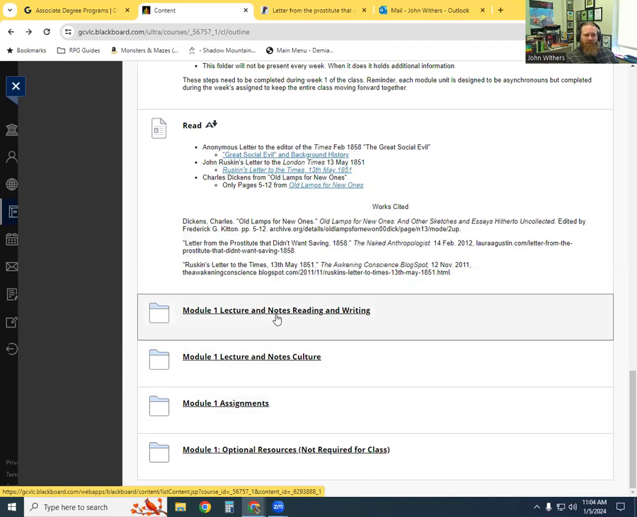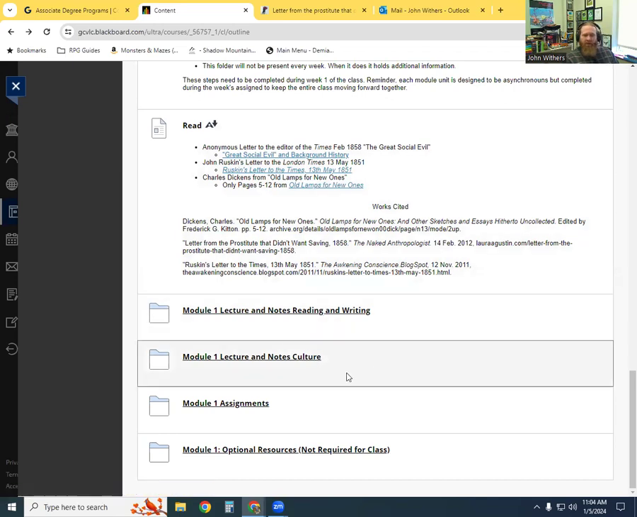Most weeks only have one lecture and notes. This week, the first week, does have two currently, so make sure that you do all of them. I felt like I just needed to break up the background on reading and writing and then the background on other cultural components this week. Anyway, after you've looked at all the notes, then you can move on to the assignments